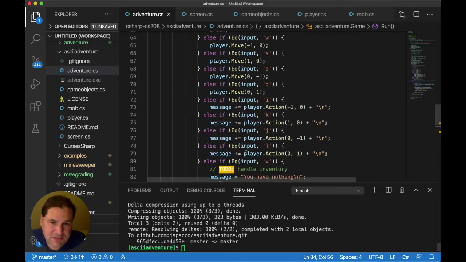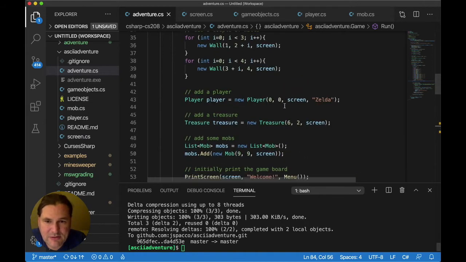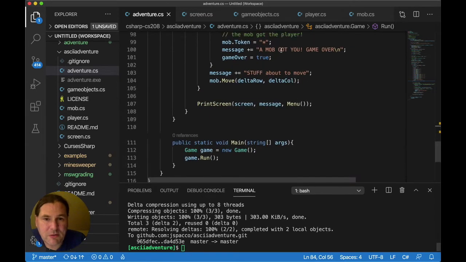So this is basically the player moves. Once the player's moved, the mobs get to move. Remember, there's just one mob, which is at 9, 9, bottom right. So I've got this for each loop. We go through each of the mobs. We have a list of mobs, right? Because remember, up here, we created a list of mobs. We just added one. You could have more if you'd like. What do the mobs do? Well,